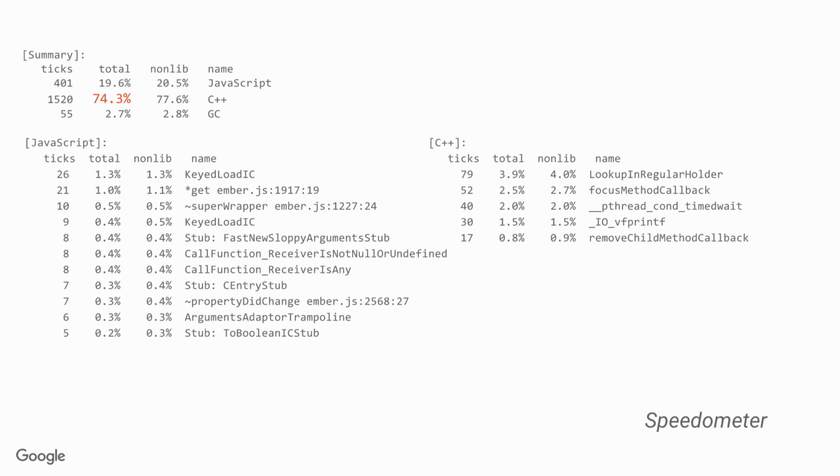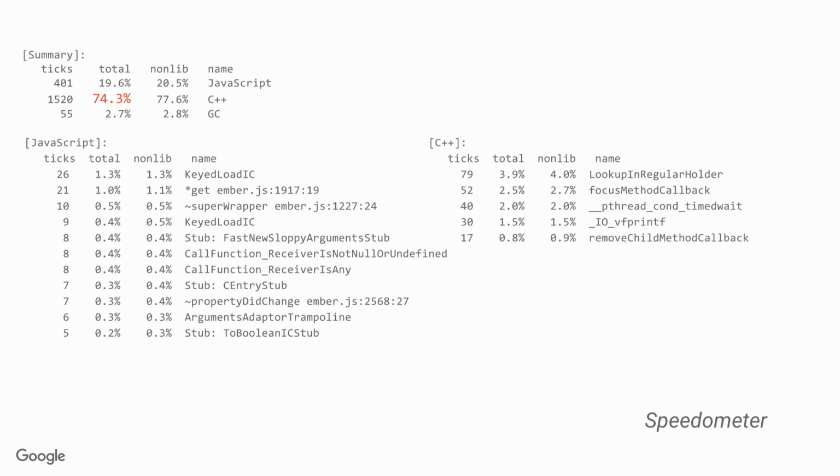So Speedometer basically takes MVC applications implemented in different words coming to my head. Frameworks, thank you, that one. Doesn't even exist in German, so no excuse. In different frameworks, and they made a benchmark out of that. So it's running a website and just instruments the website to enter to-dos and delete them. So it's using the full browser. So it is actually running real frameworks, so real applications. It's actually running them in the browser, mixed in with the DOM, which seems much better to get this entire